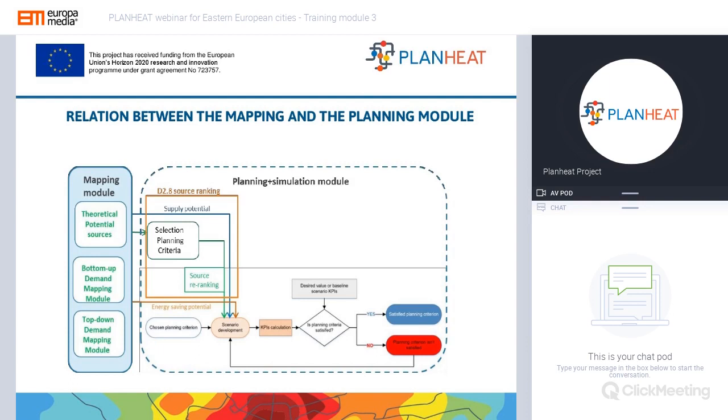The first one is to select the planning criteria itself. In this step, the user selects a list of planning criteria which are the most important to the user. For example, a cost-effective heating supply, a large amount of greenhouse gas saving, or reducing the non-GHG emissions.